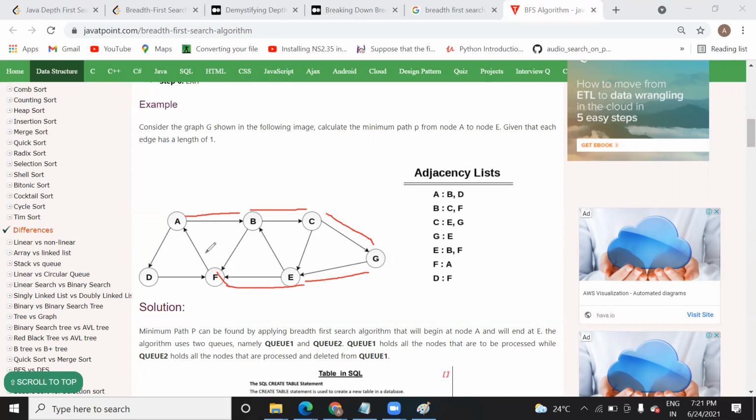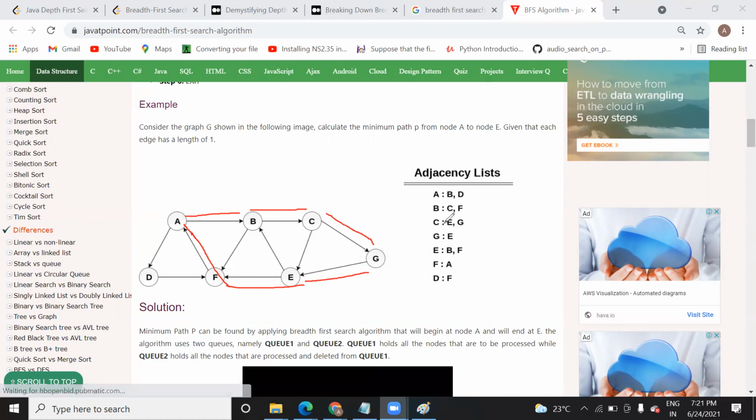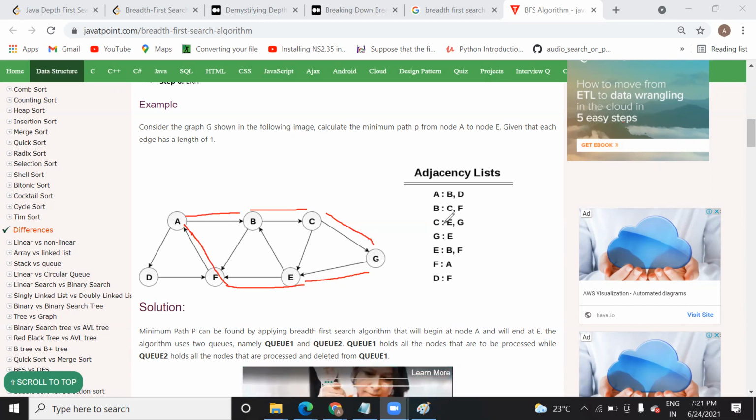It doesn't look like that to me. It is not a binary tree. It's a graph. There is no binary tree concept like that. Here we are talking about a graph. The example for breadth first search that I've shown you was just a graph. Don't think you will get a binary tree only. It is a traversal algorithm.